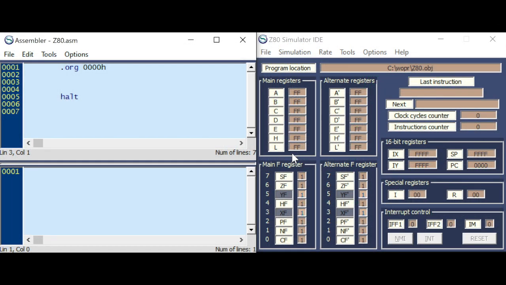Welcome to the Z80 simulator. Let's do the same example. Loading the accumulator with 1. Subtract 1 from it, subtract 2 from it, loading the D register with 3, subtract D from it, and do a complement of the accumulator and adding 1 to it. So